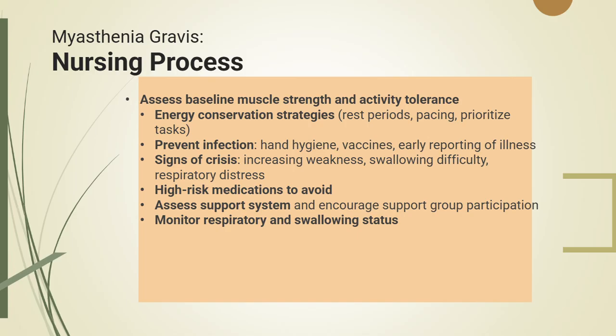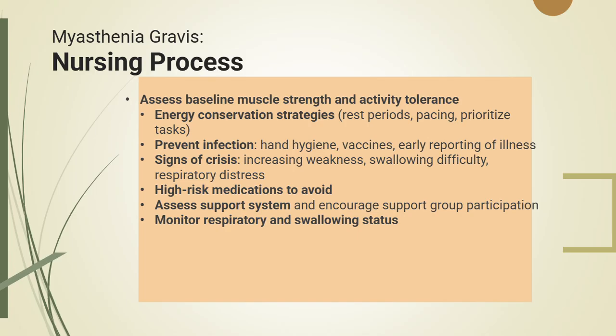Patients should space activities throughout the day, take frequent rest breaks, and prioritize tasks when muscle strength is at its highest, typically earlier in the day. Nurses also teach ways to decrease exertion, such as sitting for grooming or using assistive devices. Because myasthenia gravis can worsen suddenly, especially during stress or infection, nurses also reinforce education about how to avoid infections,